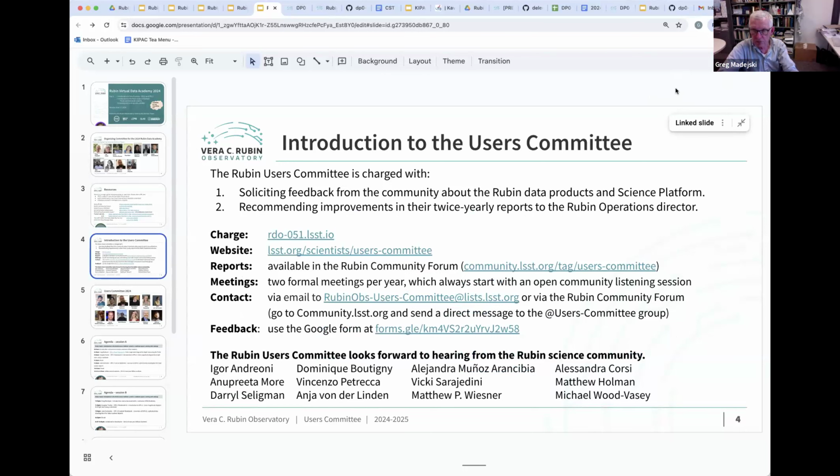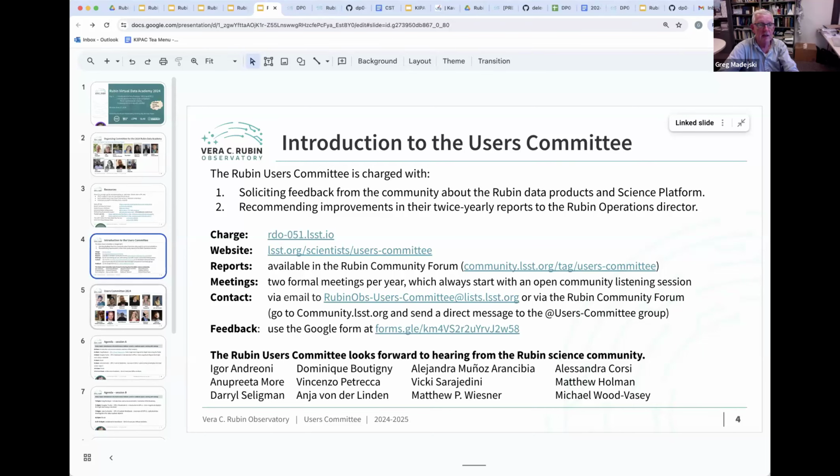And they have 2 formal meetings a year, and one of them is usually during the Rubin Community Workshop, which happens in August every year. This year will be a little earlier, in July. And again, there is an email address to contact. And since we're recording this session, even if you happen to have missed it, you will probably be able to play the recording later on